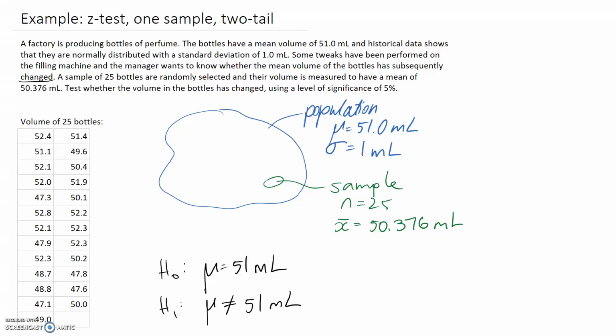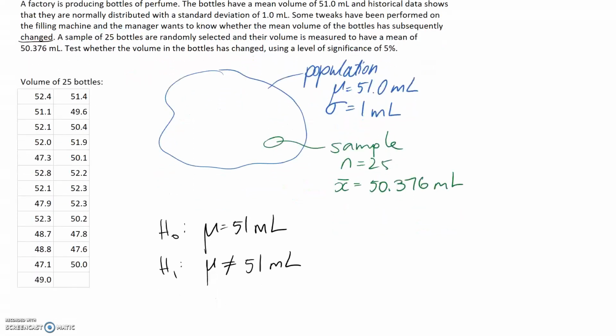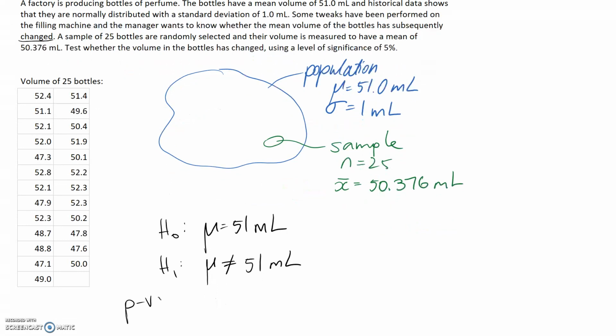Alright, so the next thing to figure out is our level of significance and using that to write out what our decision criteria are. So we have two approaches that we can use. One is the p-value approach and the other is the critical value approach. Now I prefer the p-value one, just for personal reasons. So that's the one I'm going to go with here. But of course the critical value approach gives you the same result. So if we're using the p-value approach,